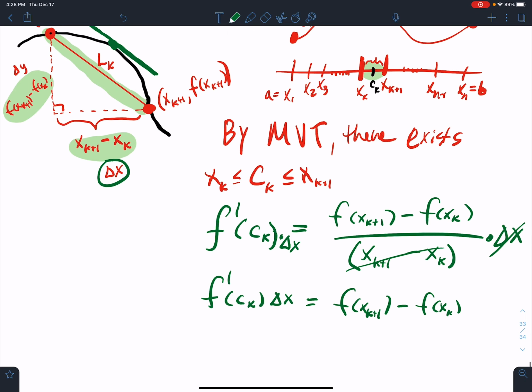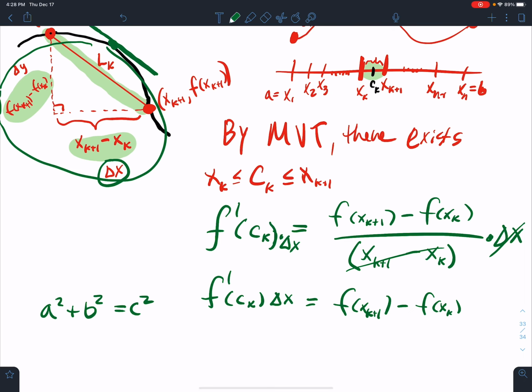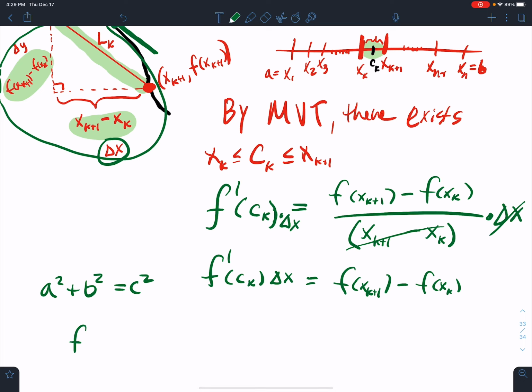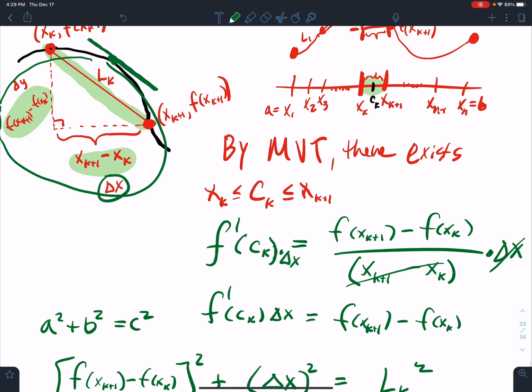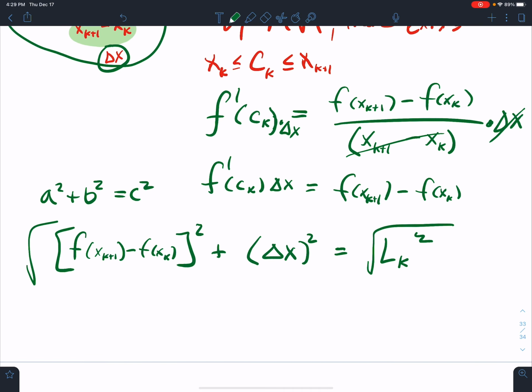All right, so now what am I trying to do? Well, if I use the Pythagorean theorem on this triangle here, I have a squared plus b squared equals c squared. So what does that mean? That means f of xk plus 1 minus f of xk, squared, plus delta x squared equals lk squared. Now I don't want the length squared, so I square root both sides, and I find that lk is equal to the square root